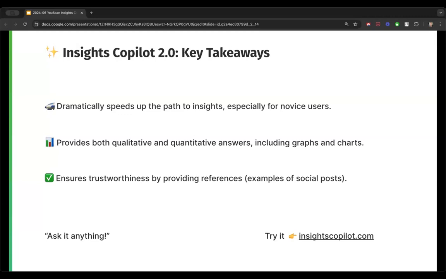And as Jenna already mentioned, it's super important that we trust the responses. We don't want the AI to hallucinate as models do. So we have a multi-level architecture to ensure trustworthiness, and YouScan Insights Copilot provides you references, examples of social media posts underlying its conclusions. So as we say, ask it anything,